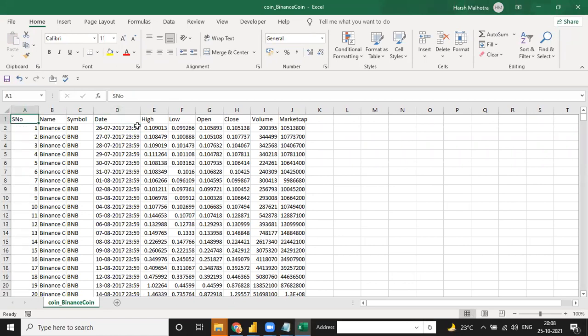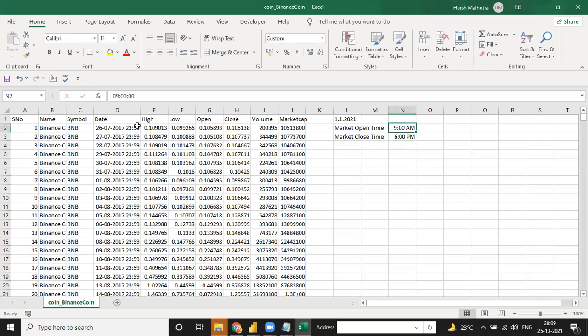Okay, so first you have to analyze. Analyze means what is cryptocurrency. So guys, cryptocurrency is, suppose today is 1st July 2021, and market open time, suppose 9 a.m. Okay, and close time is market open time, and same way market close time is 6 p.m. Okay, this is your market open and close.